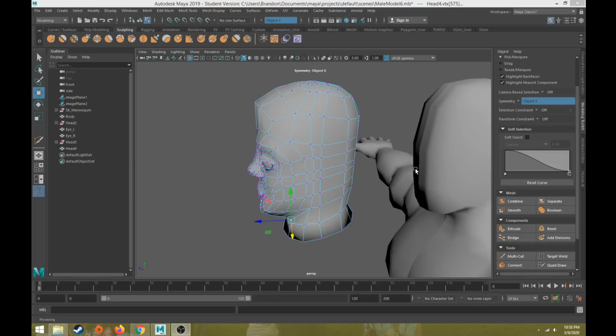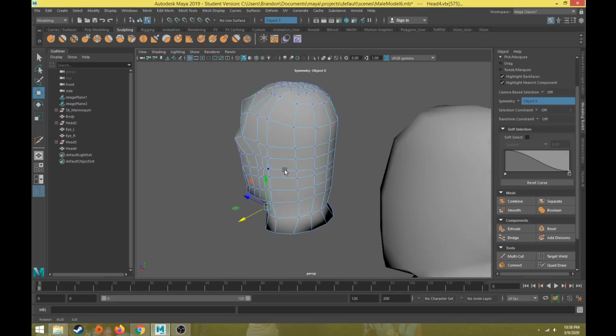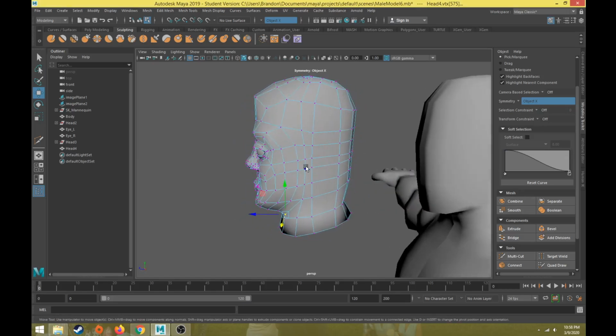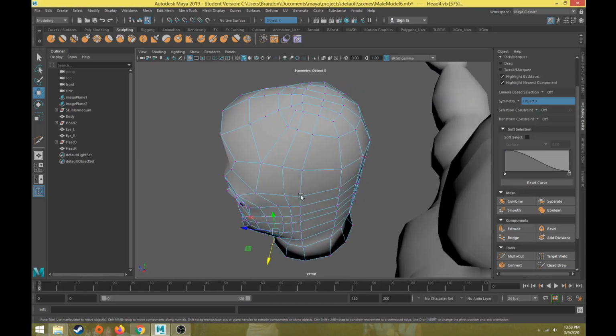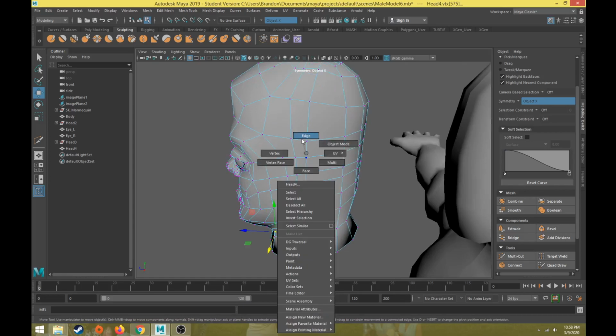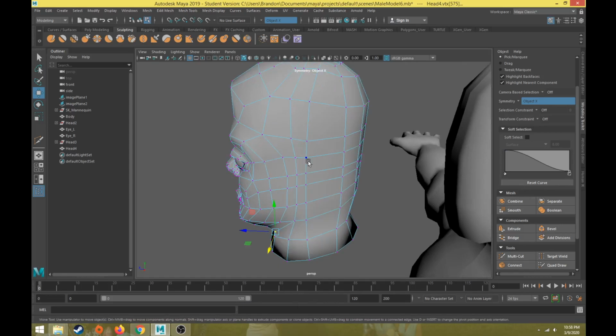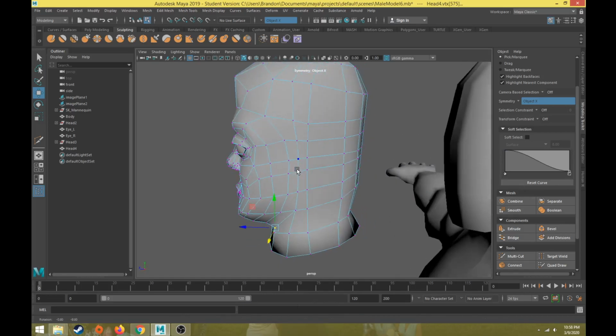Hi everybody, this will be part 14 of a character modeling tutorial series. Last video we corrected some edge loops, which is really going to be important for us when we start to get our ear shapes in here. So one thing we can do is we're going to start extruding out the ear from some faces along the